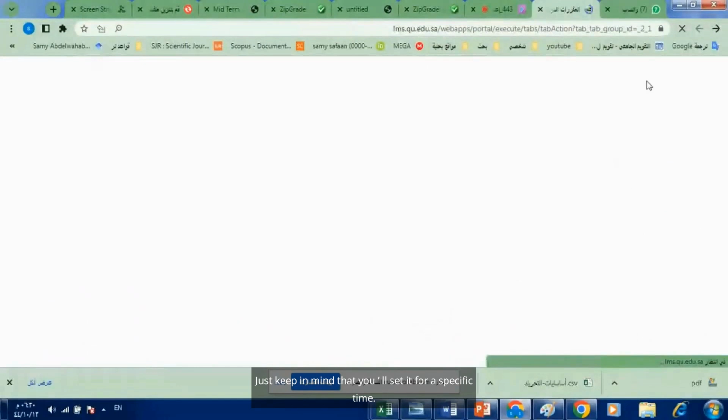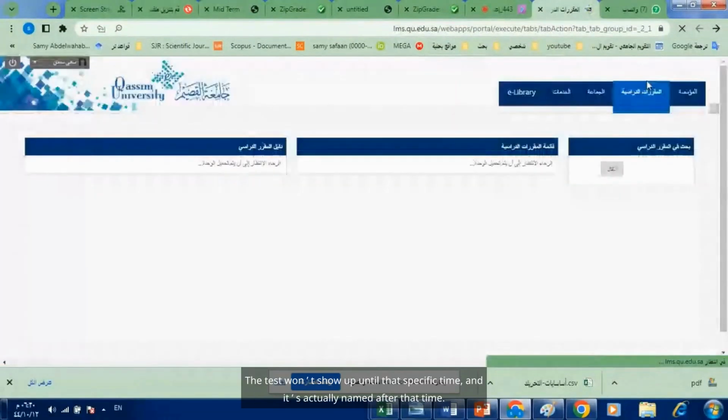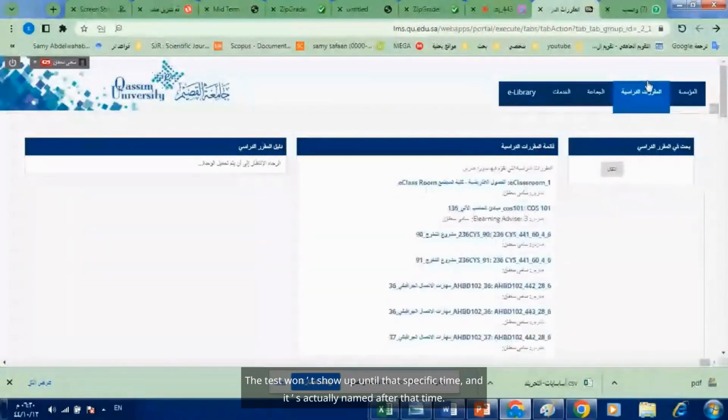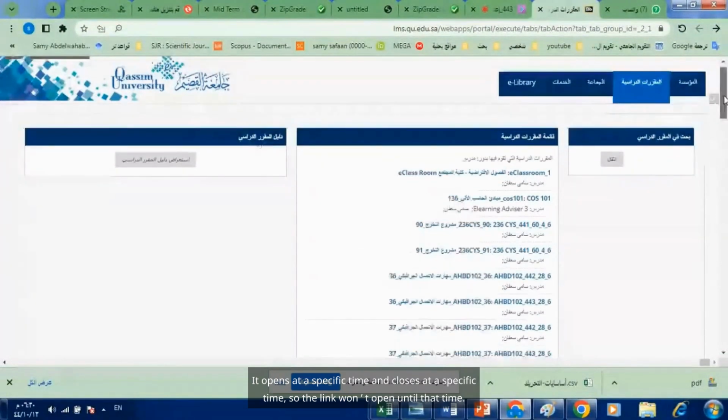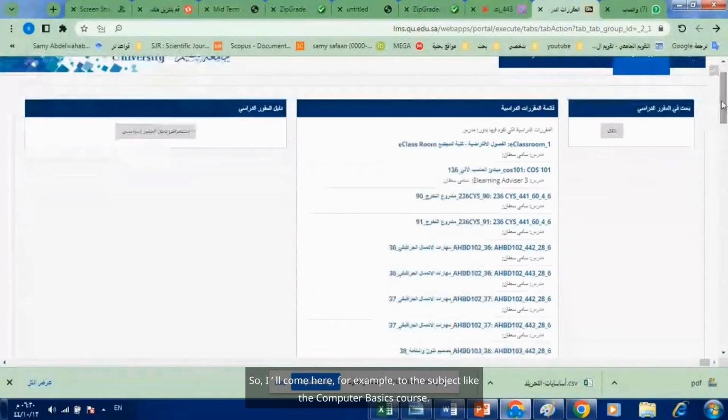Just keep in mind that you'll set it for a specific time. The test won't show up until that specific time, and it's actually named after that time. It opens at a specific time and closes at a specific time, so the link won't open until that time. So I'll come here, for example, to the subject like the Computer Basics course,